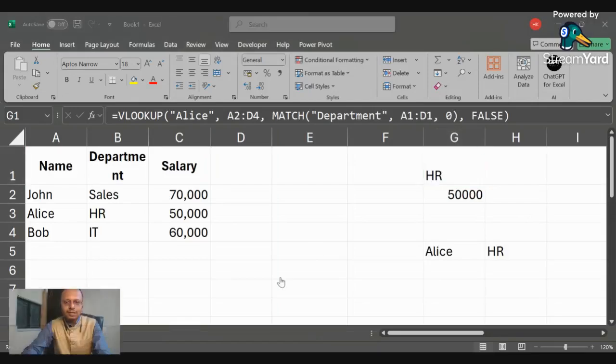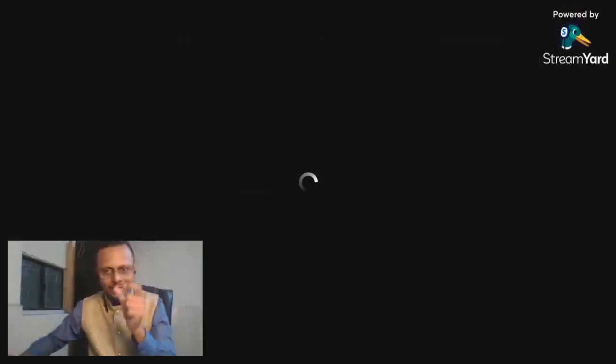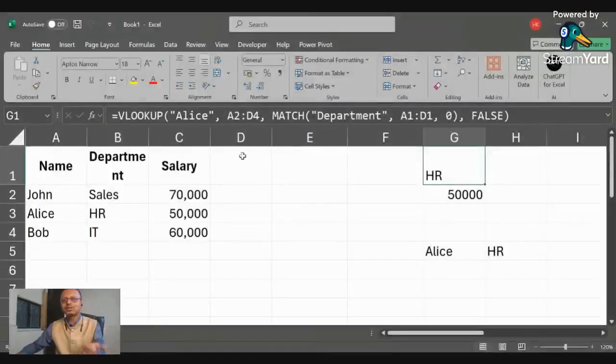When the horse is in the gate, you indirectly tell it that it has to run from start to finish. The moment the gate opens, it rushes directly. It does not look left and right, it goes straight. The same way in VLOOKUP, when you put this in, it directly moves to the right column. That is why the MATCH formula works. It is capturing the department and directly moving here and there. That's the best part of VLOOKUP.